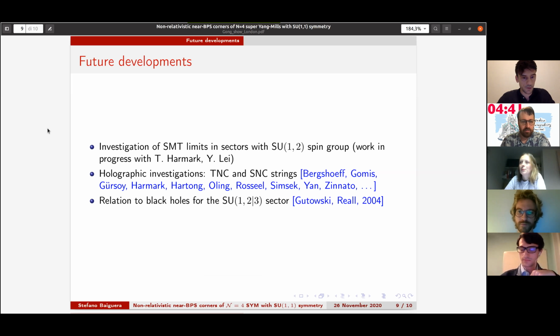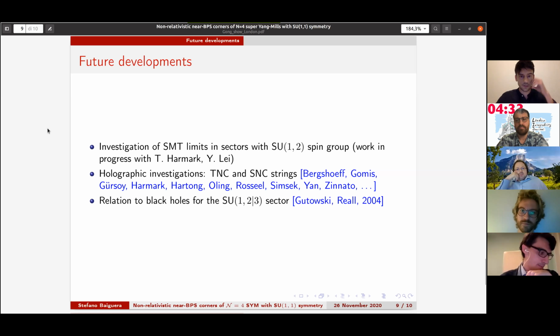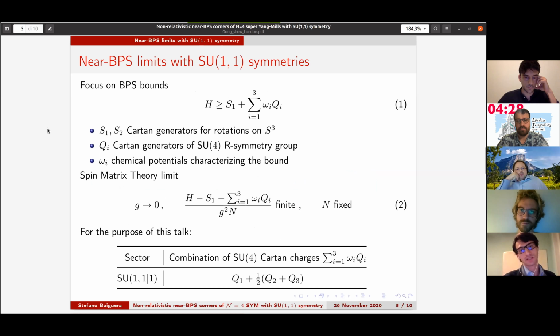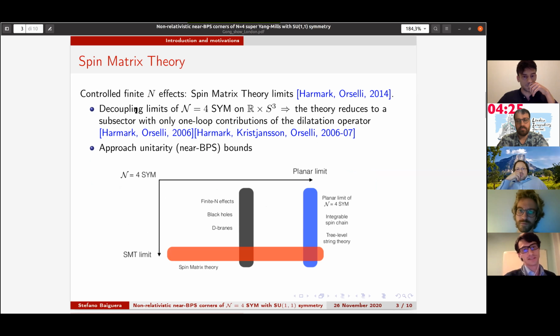Comments. So I can ask them. Sorry, this construction that you were doing, can you do it in the ABJM model as well? This I don't know, because this particular construction works because you can find some particular sectors of N=4 super Yang-Mills where you are sure that the dilatation operator contributes only at one loop, and this allows to find these particular sectors where you can find these powerful results. A priori, I would not say that it is so simple to apply it also to ABJM.